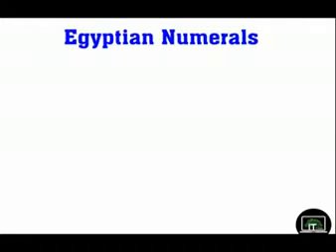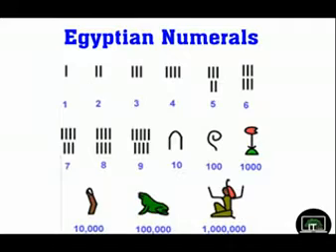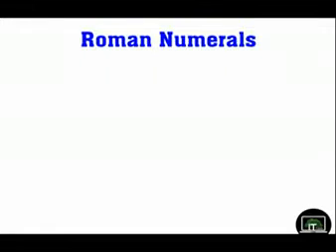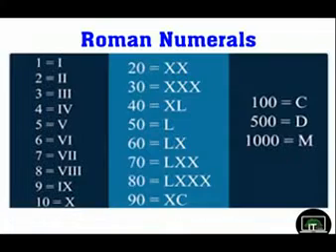Look at these numbers. These are called Egyptian numerals, Egyptian numbers. Egyptian people were using these numbers. Now they may not use these numbers, but they used them for their calculations and counting. Look at these numbers, which are very familiar to you. These are Roman numbers. Look at 1, 2, 3, 4, 5, maybe 10, maybe 20, maybe 50, maybe 100, maybe 500. These are called Roman numerals, Roman numbers. You may be well familiar with these numbers.